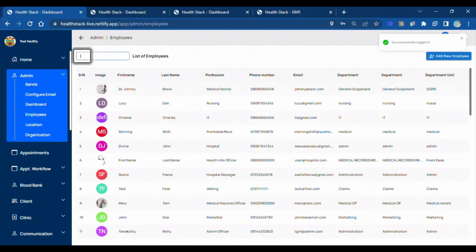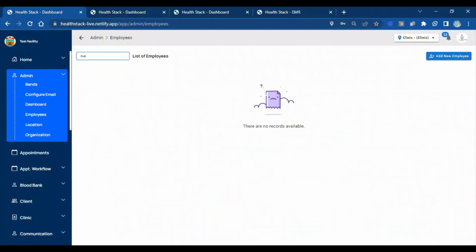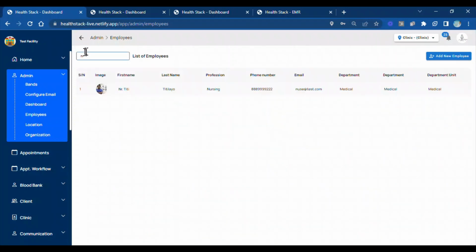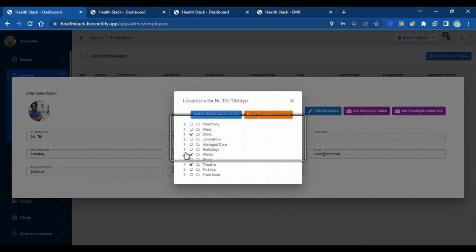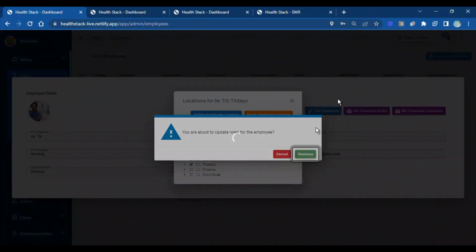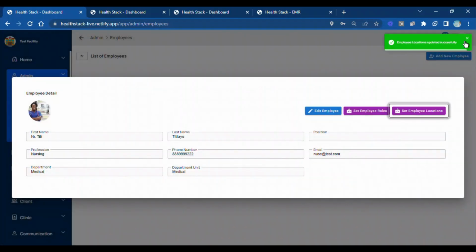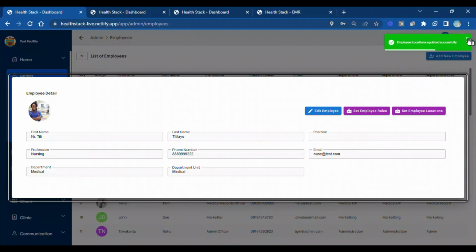Just give me a minute. Let me add nurse TT, give nurse TT access to the ward. Okay. All right. So we've fixed that issue of